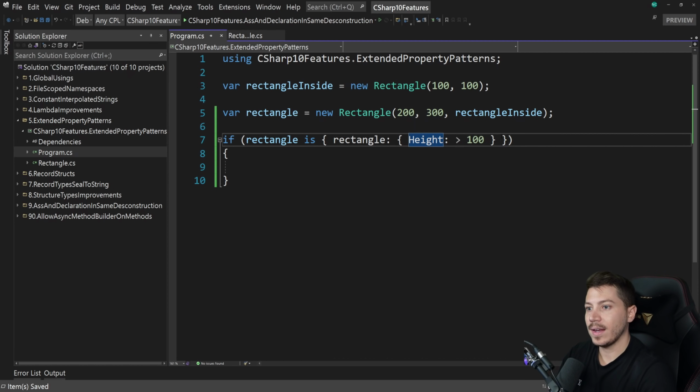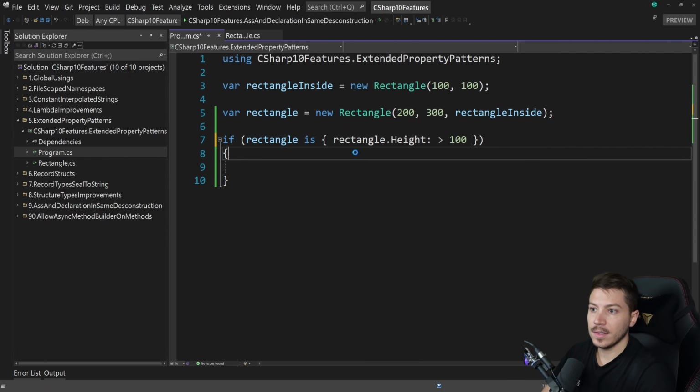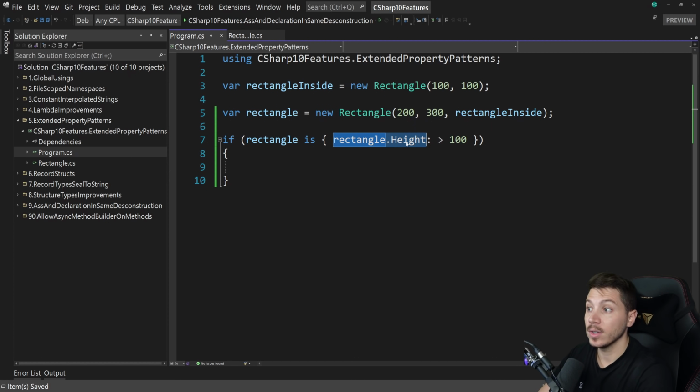So what C# 10 allows you to do now is delete that and treat it as a property, exactly as it is. And now you can have a shorter version of the same property matching, which I'm glad they added as well. I don't make huge use of this specific feature, but it's good to see that you can now get the same amount of functionality for less code.